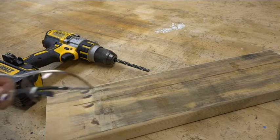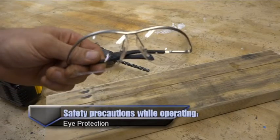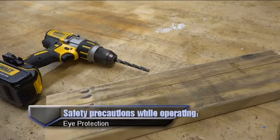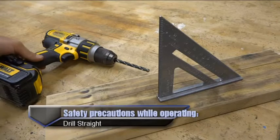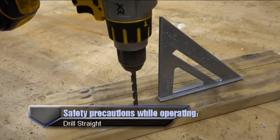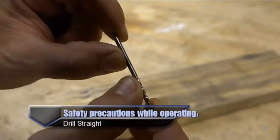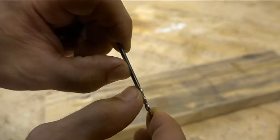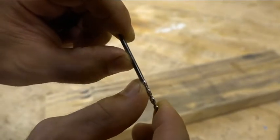Always use eye protection. One of my two worst injuries with a hand drill was when I was drilling through a piece of metal that shattered the bit and a piece of it flew into my eye. Always drill straight in and straight out in any operation. Twist drills are brittle and will snap easily, especially the smaller ones, if you put sideways pressure against them when